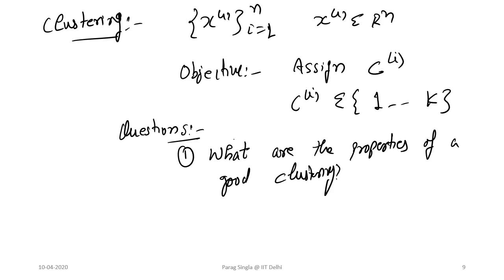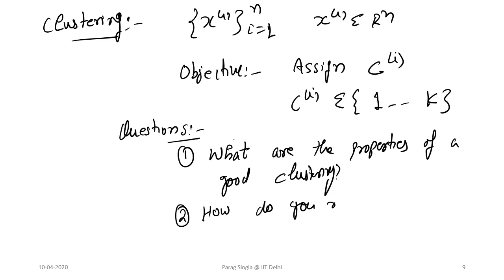So what is the mathematical equivalent notion which formalizes this, that points in the same cluster should be close to each other, and points which are far away should belong to different clusters? And then given this mathematical definition of a good clustering,